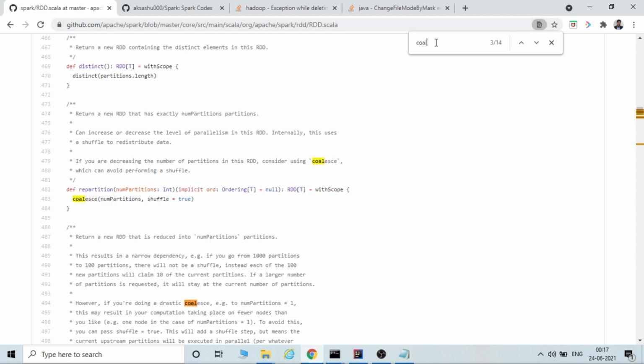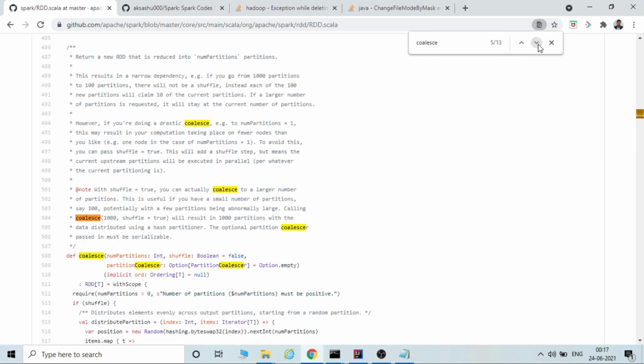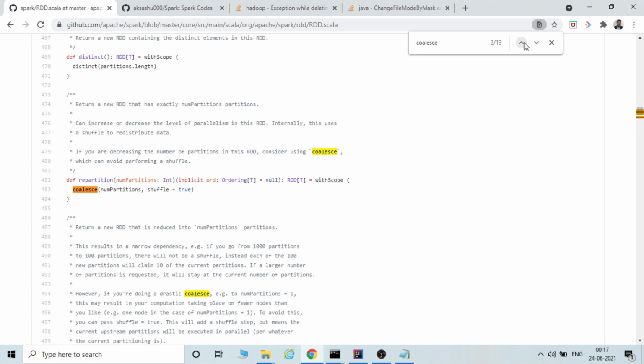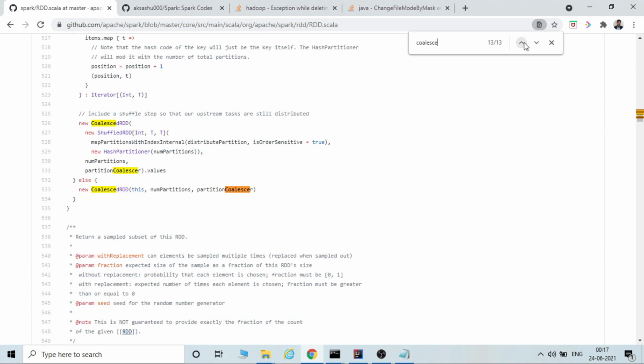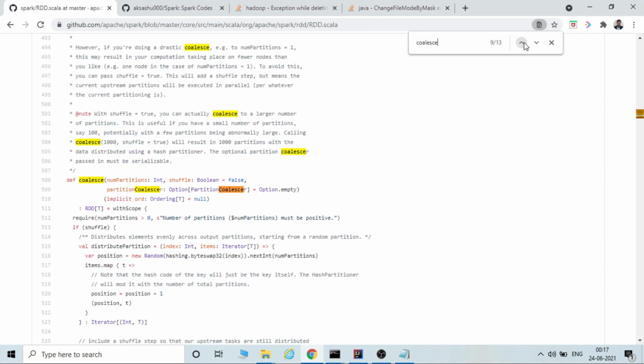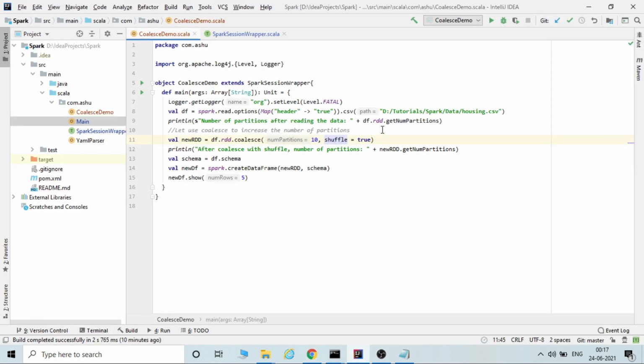Let's go to the coalesce function. So here is the definition of the coalesce function. It is taking numPartitions, shuffle, and another one, partitionCoalescer, as an option. That means repartition internally calls coalesce with shuffle as true.